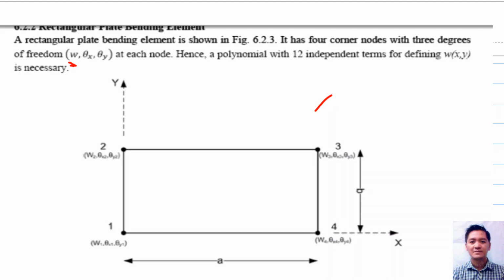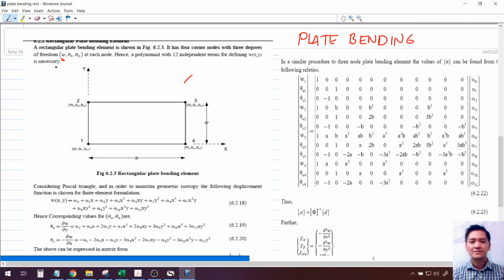Okay? So the discussion of the plate bending element is just an extension of the Euler-Bernoulli beam. Because our other degrees of freedom, theta x and theta y, are related to the vertical